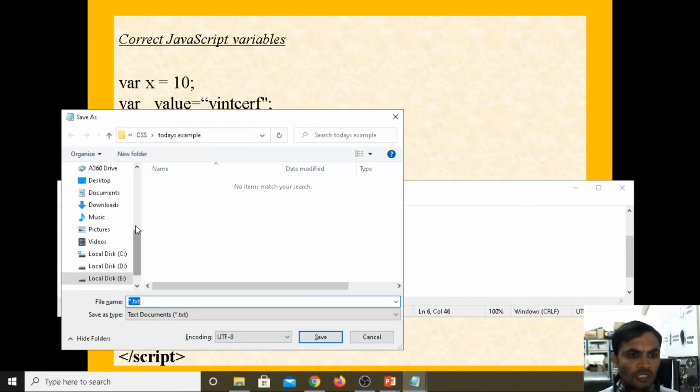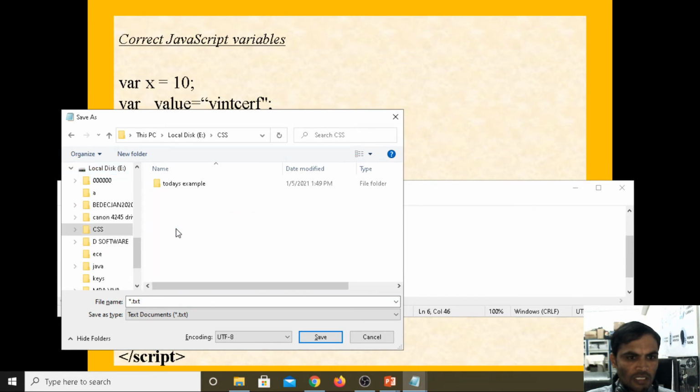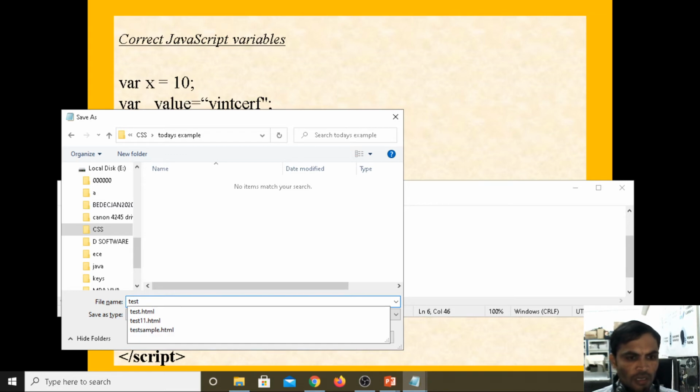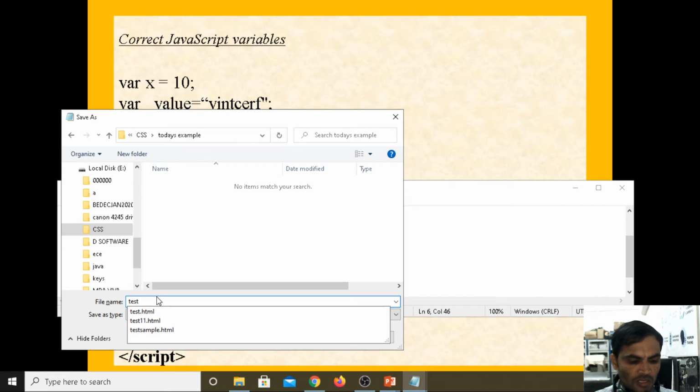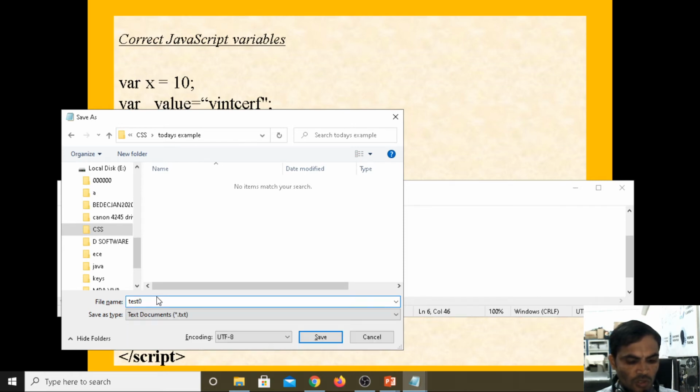Then Ctrl+S. Now I am saving under the CSS folder, in Today's example, as test07.html. See here, I am not saving the file as .js; I am saving the file as .html. Inside your HTML program the JavaScript is embedded.